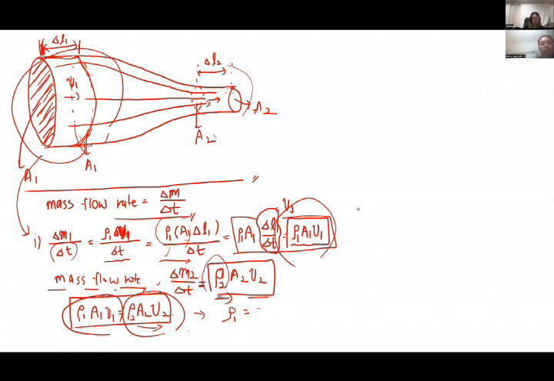I just made the assumption that rho one and rho two are different, but based on ideal flow, remember that the flow itself should be incompressible. That means rho one should be